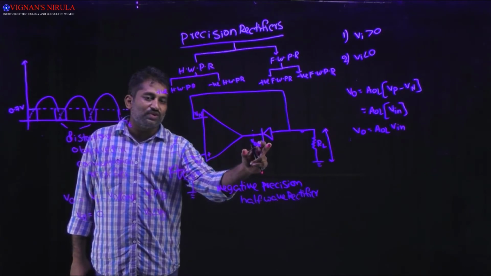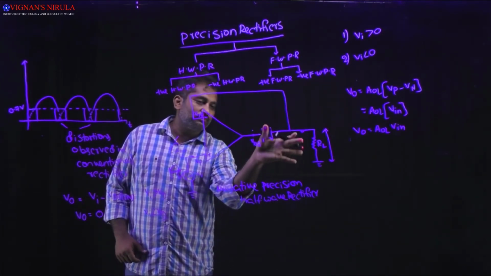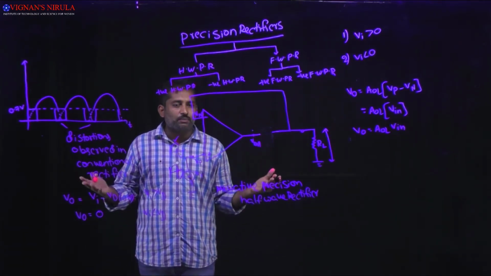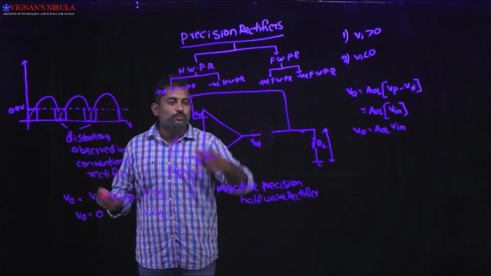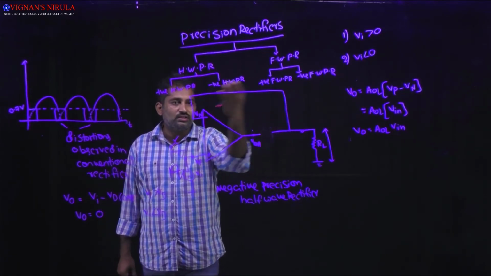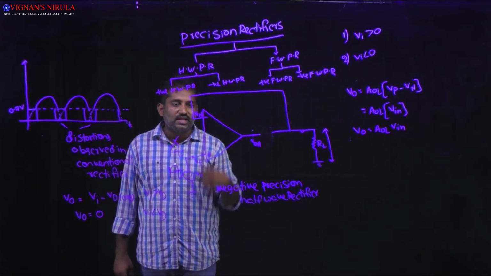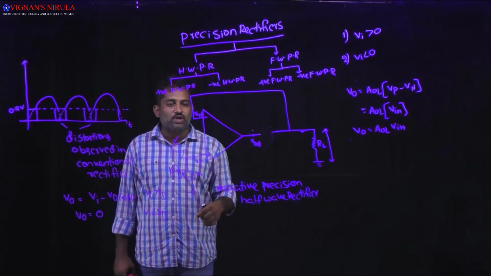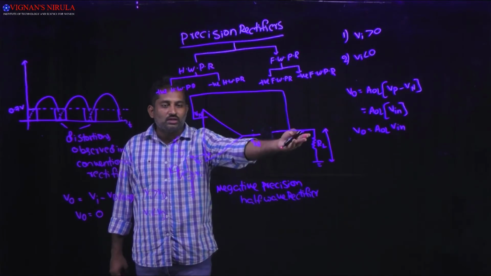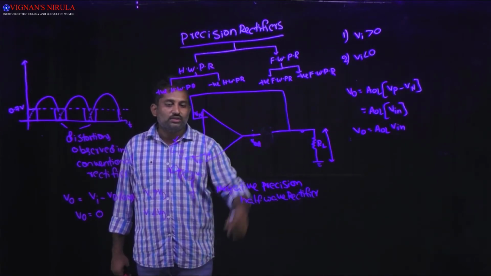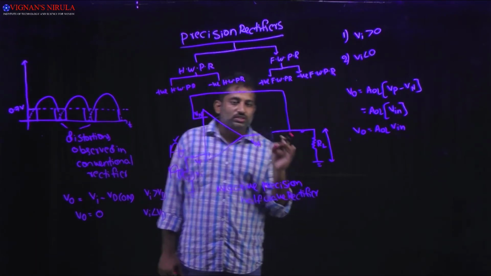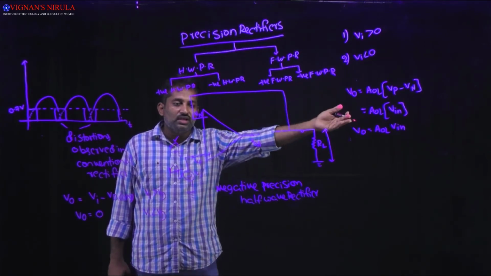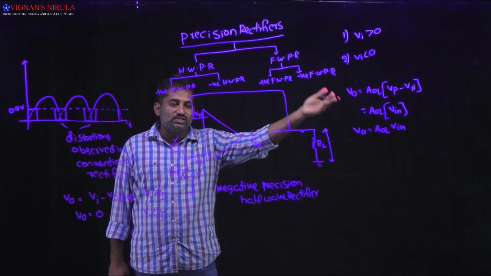fashion, so it is reverse biased, so it will be open. So there will be no feedback path from the output to the input. If there is no connection, then it is of no use. That's why whenever the switch is open, there will be no feedback path from the output to the input, and we will not receive any output at the output side. So whenever you apply the positive pulse, that means Vi is greater than 0, positive peak, we will not get any output across the load resistance RL.